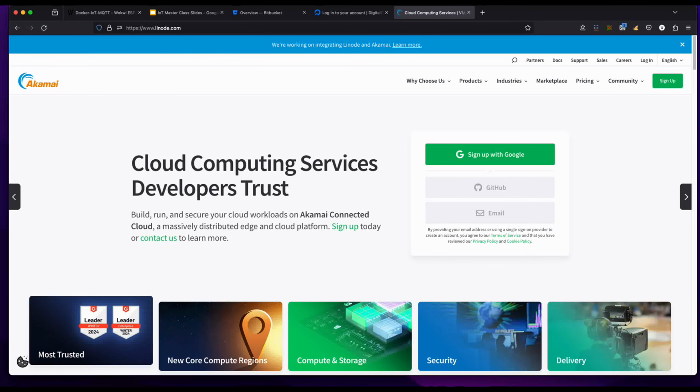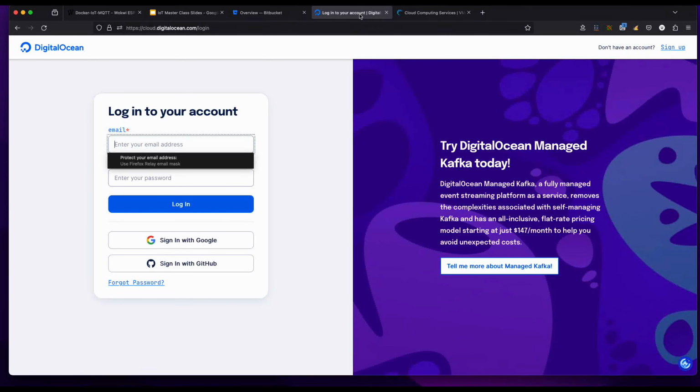Previously, we had used Linode to host our services. So that's www.linode.com. However, for this video, we wouldn't be using Linode. It's the same application. Essentially, we are not changing the application, but it just shows you that whichever cloud provider you use, you could host the application anywhere. For this particular application, we would be using DigitalOcean,